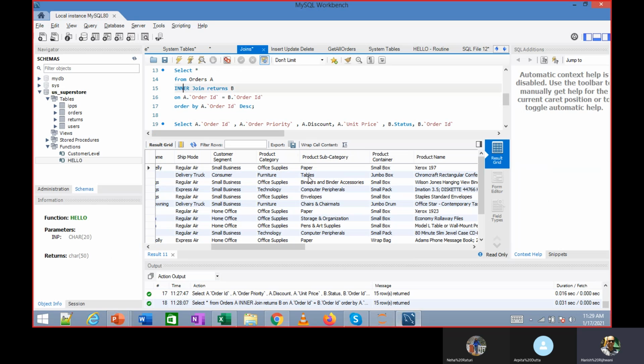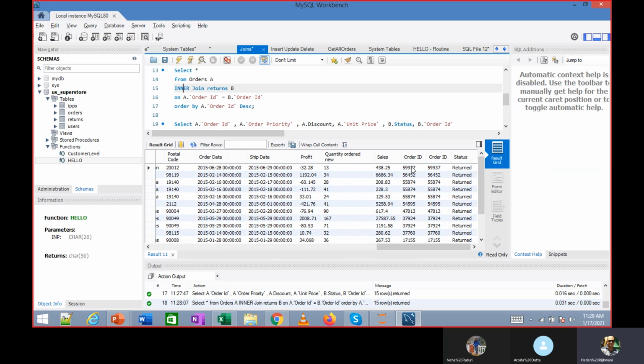So when we write an inner join, you see we are getting only 15 rows because you are getting the output for the rows where the order is present and there is a record in the returns table as well. So you are getting only those rows. Got the idea? There is no base. The base is whatever matches from both of the tables. You're getting only those records.